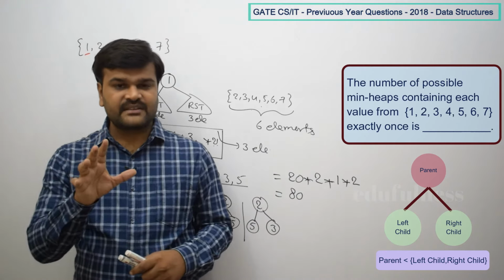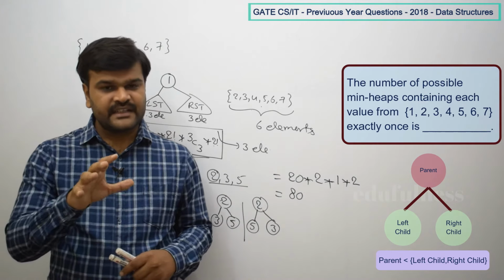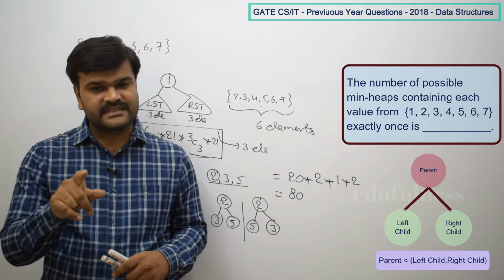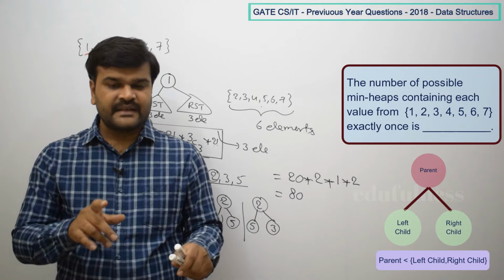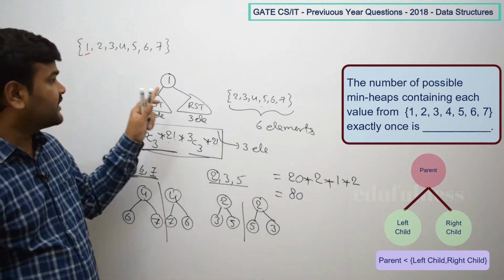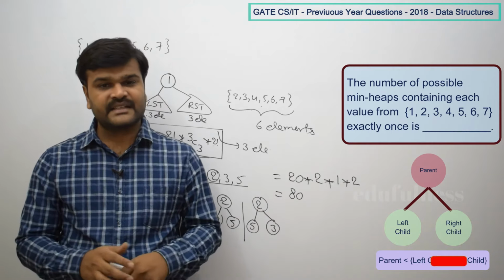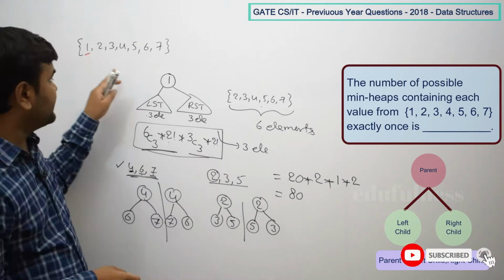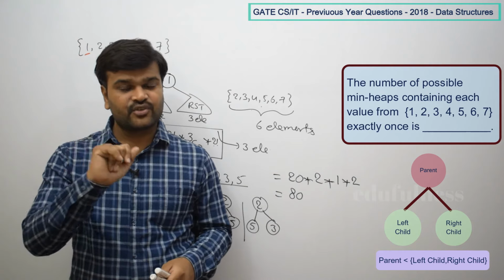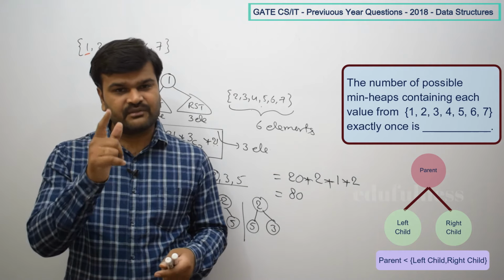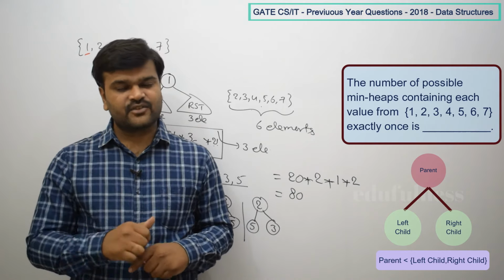Okay, so first of all you have to understand what a min heap is. For every node in the tree, the children must be greater than the parent. That is applicable for every node. Based on that, first of all you have to select the root node. The root node is always less than every element in the tree, so whoever is the minimum element will become the root node. So how many ways can you select the root node? Only one way, because only one minimum element exists in the given 7 elements.